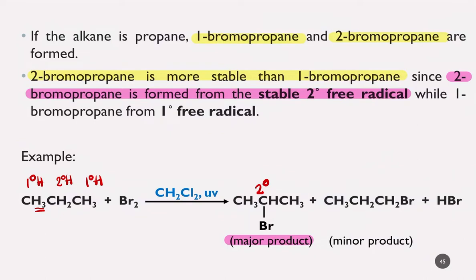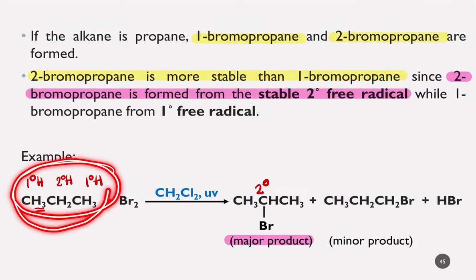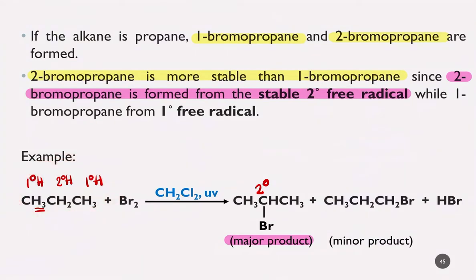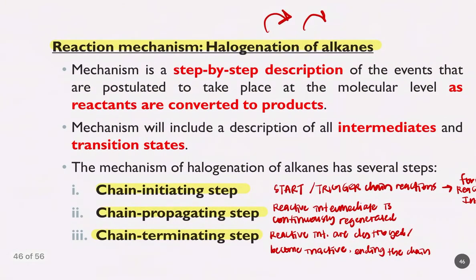So that is when you have different classes of hydrogen in your alkene. Alright, so there can be a major and a minor product. This is called a byproduct, like a side product, like a side dish. Alright, so